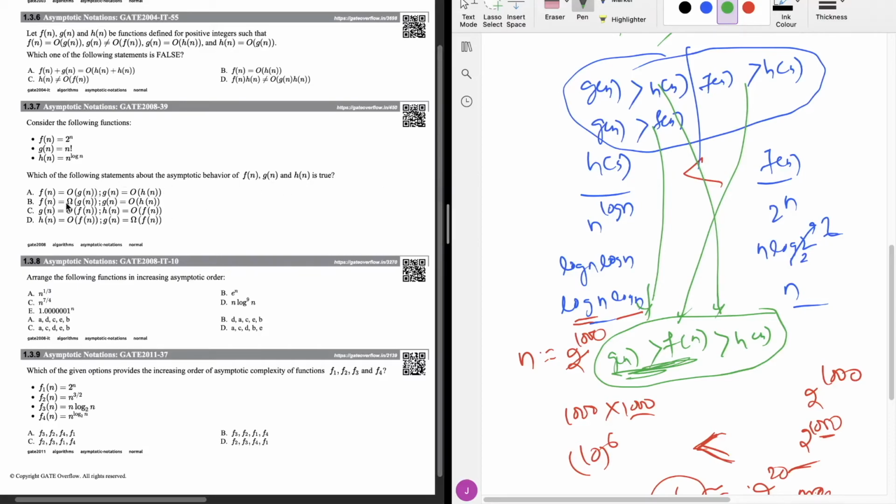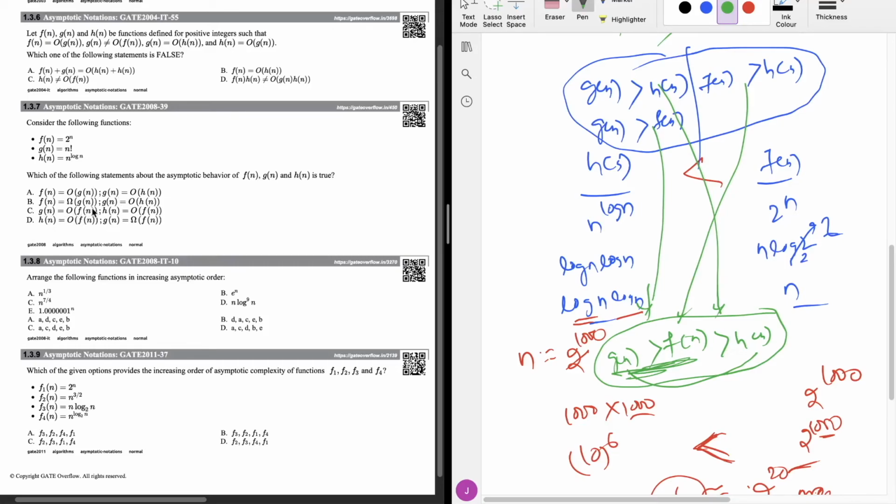Okay, so here g of n is greater than f of n. It is saying that, yeah, it is true, and here it is given that g of n is smaller than h of n. Is it true? No, definitely not. So option A is not the answer. Second thing is f of n equals omega of g of n. Okay, so g of n is smaller than f of n. Is it true? No, because g of n is greater than f of n. So this is false. Third one is g of n equals big O of f of n.